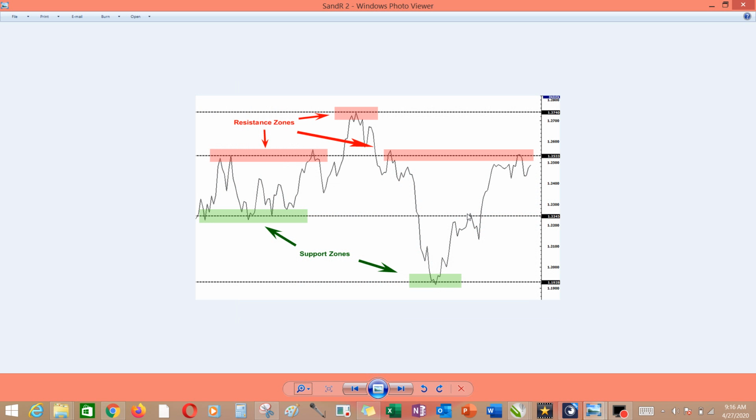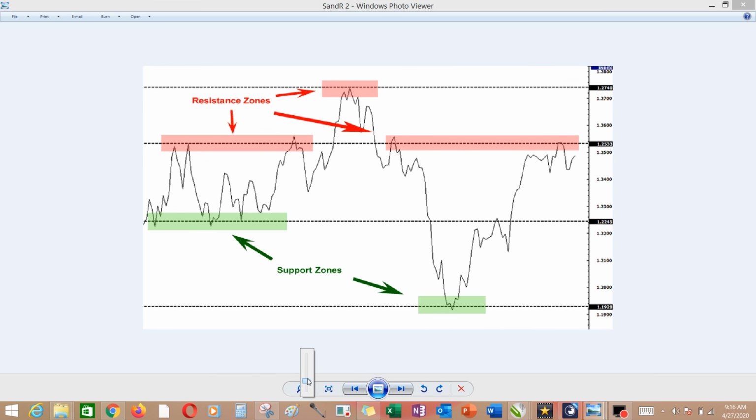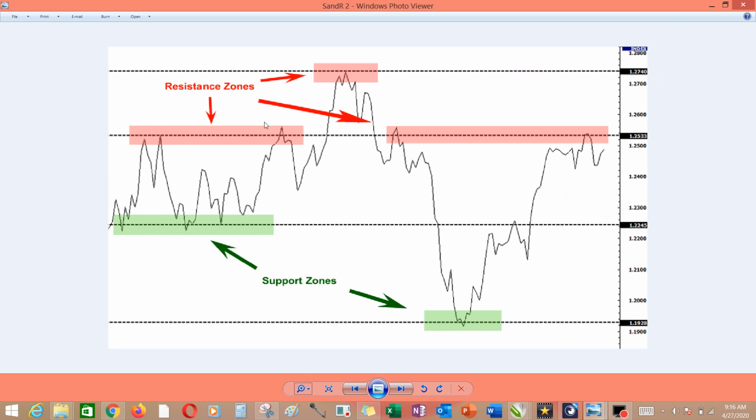These are other images. This is another image. It is a bit clearer, and I will also be using it to show you the support zone and the resistance zone. I want to try to zoom it out a bit so that you see it very well. Okay, you can see the edge of the graph that is being formed. You can see this, you can see this, you can also see it here, and you can see it here. So all you just need to do is put a line at the tip, at the extreme end here, and draw it across.